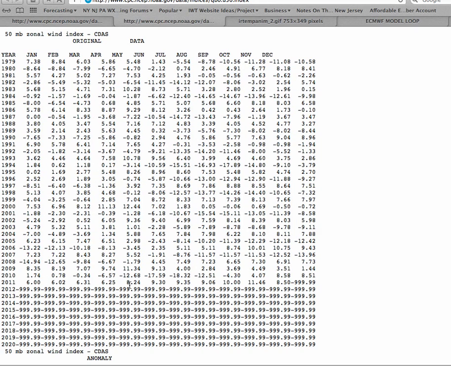Now let's go to 50 millibars. And this is important too. Here we are again, 2011. As you can see, up until about October, we were steadily rising: 9.06, 10, 11.46, but then we start to see a major change in November. Why is this changing? Well, the winds in the stratosphere change from the upper levels to the lower levels. So what we're seeing here is the beginning of a change in orientation of the winds from going west to east to now east to west.